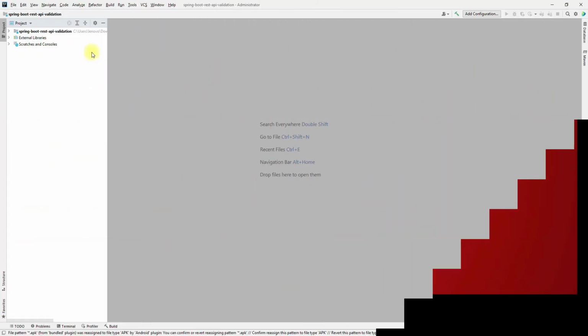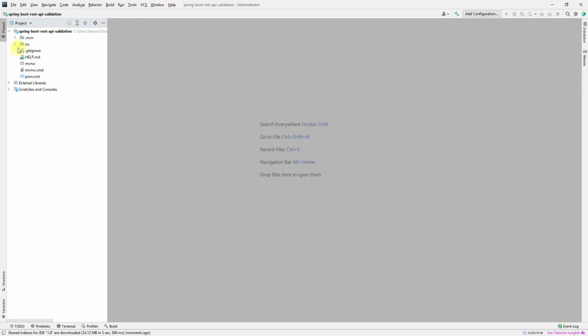So I open this project in my IntelliJ. You can use Eclipse also. So let's create a simple project. But before moving to the project, in this video we are going to discuss some validation annotations like